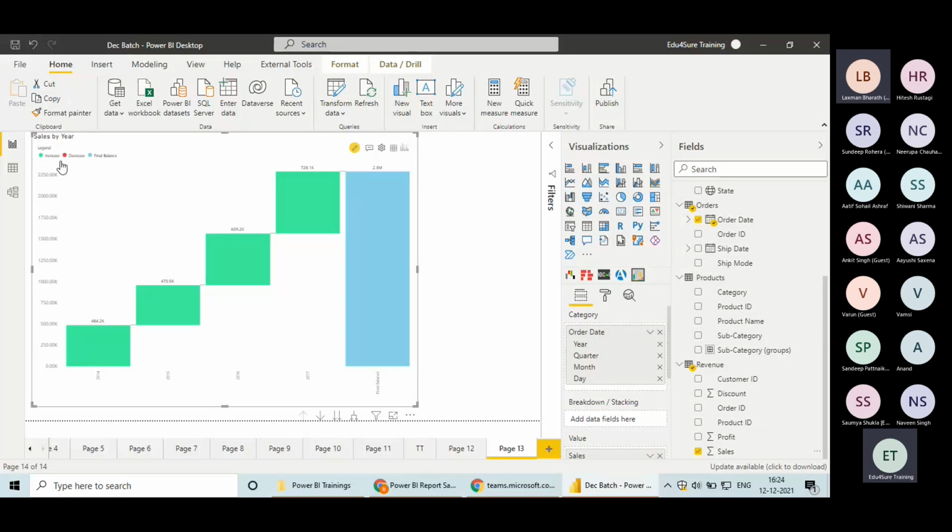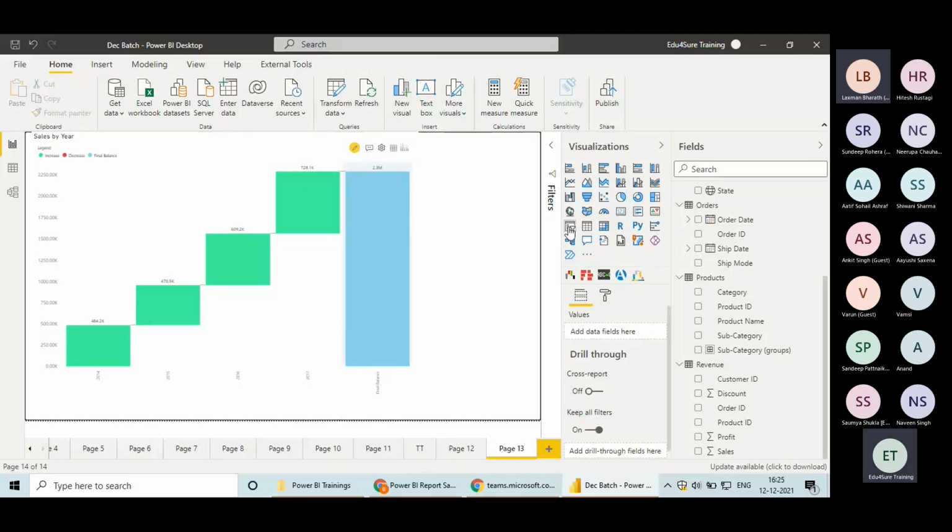Green is increase, red is decrease, and blue is final balance, right? And here you can notice from 2014 to 15, there is no fall because it's coming in green. 15 to 16, no fall. 16 to 17, no fall. And if I add a slicer here